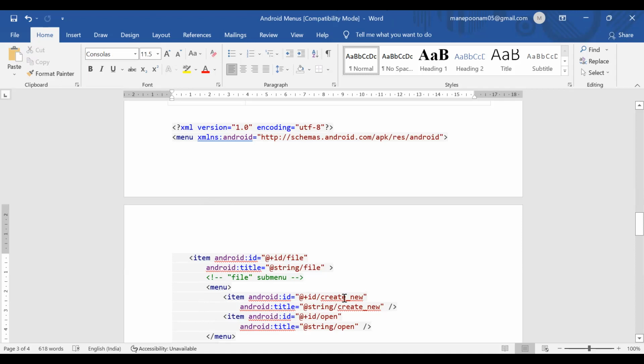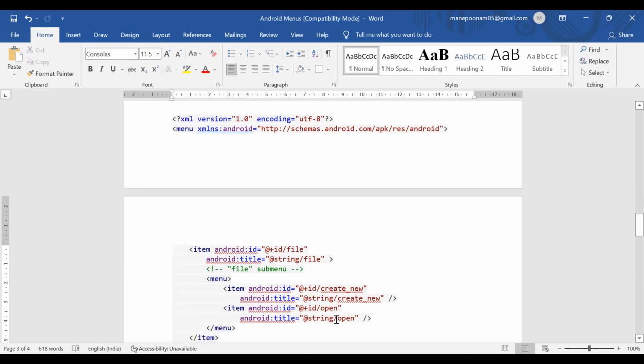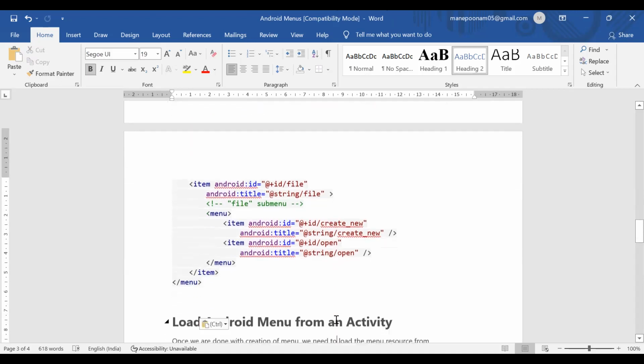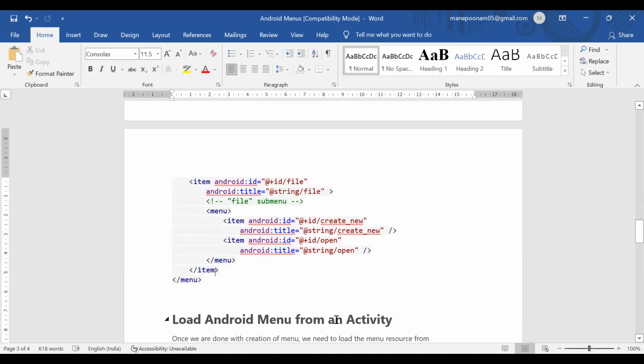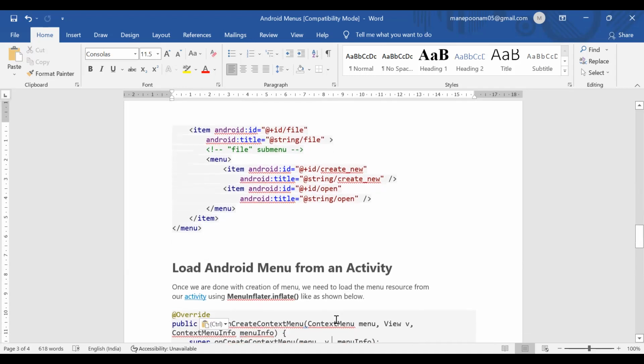In that, create new and open are the sub items or sub menus. And here we close the menu. So on the screen, we can find the file menu. And when we click on the file menu, the two items, create new and open, will display on the screen. Okay, so it's very simple.